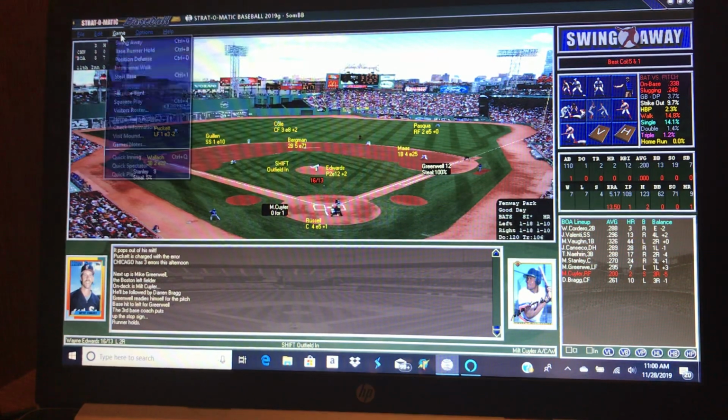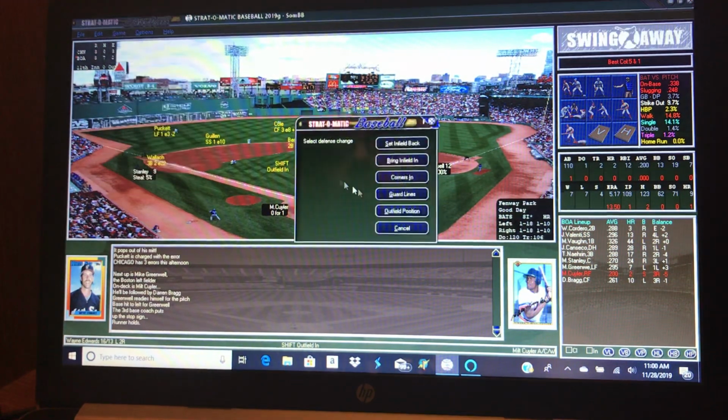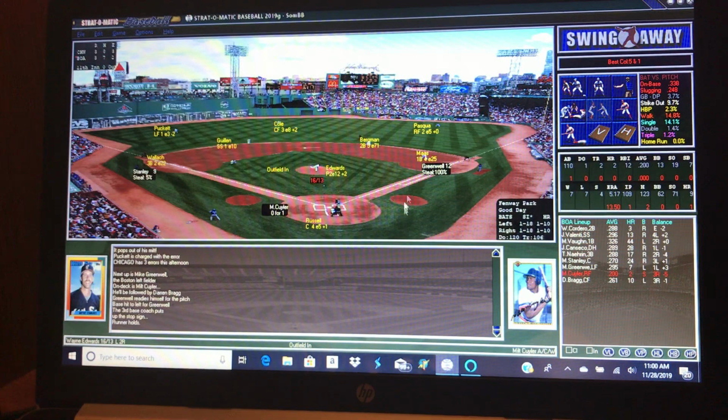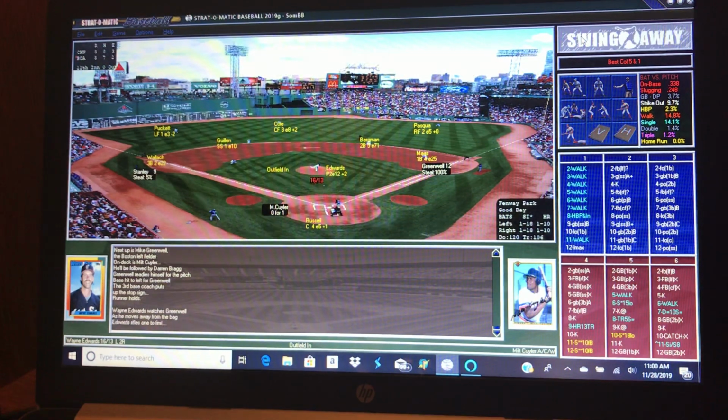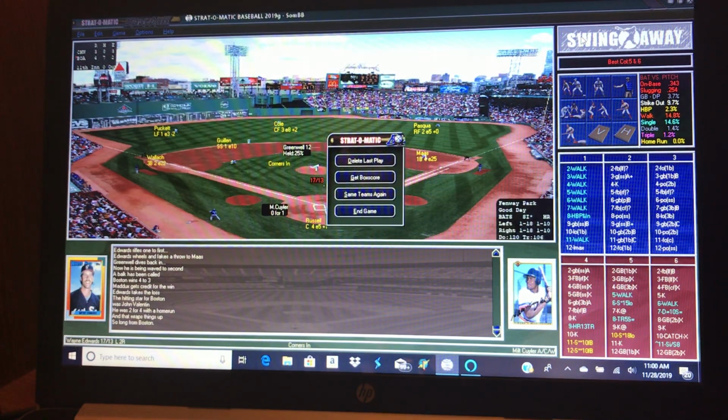Well, it just said... I don't know. I don't know why. It just said outfield, position outfield. That's all it said. What happened there?